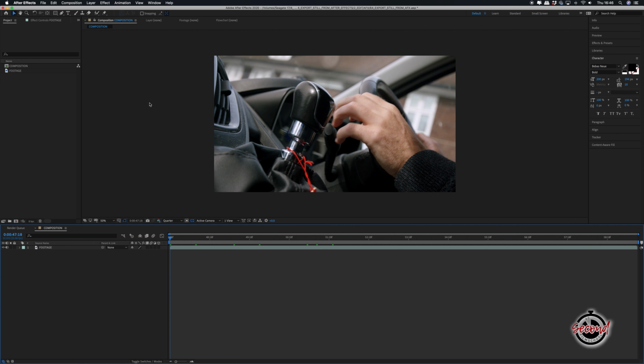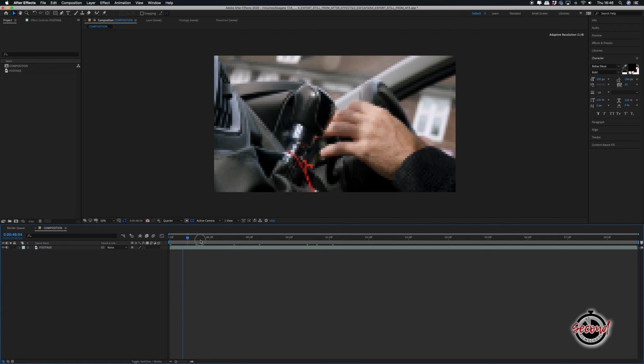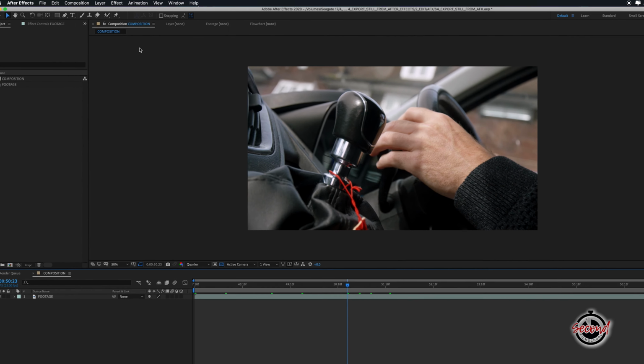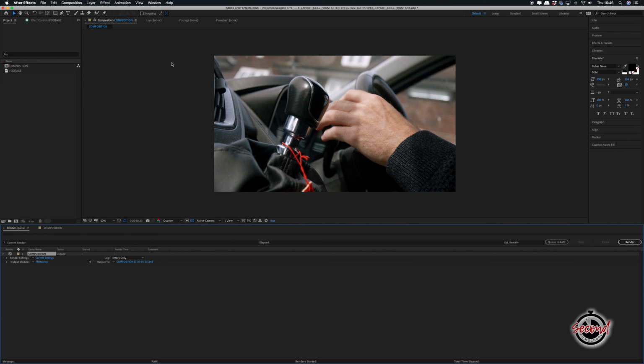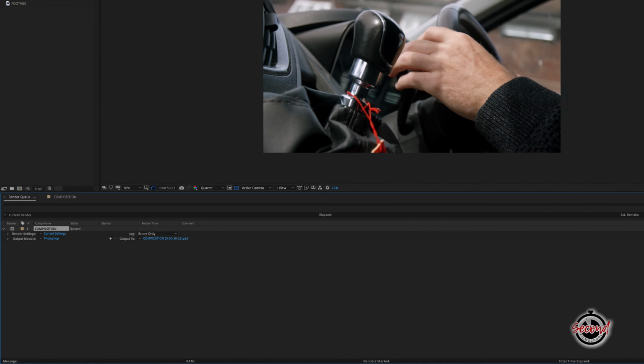To export a still from After Effects, first drag the playhead to the frame in the composition you wish to export. Next, go to Composition, Save Frame As, and select File. Your chosen frame will be selected and placed in the render queue, and here you can choose the settings for